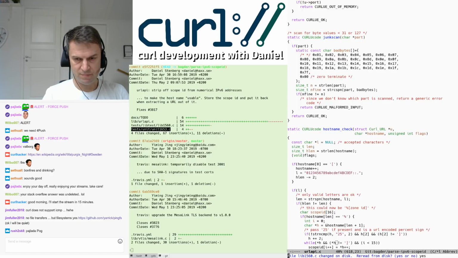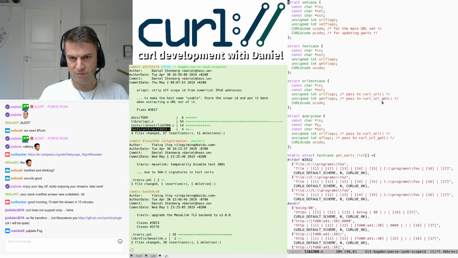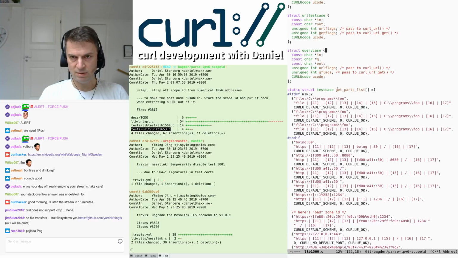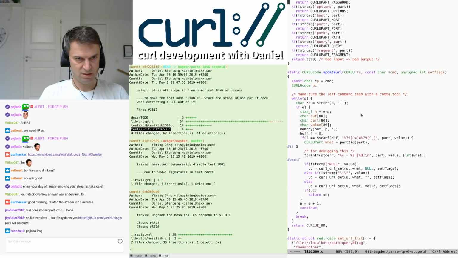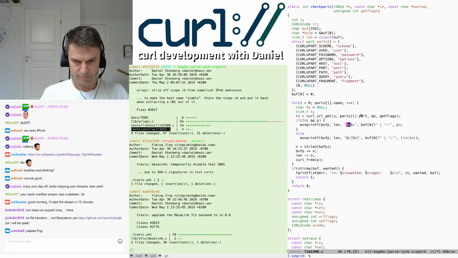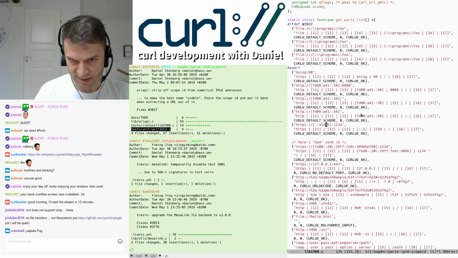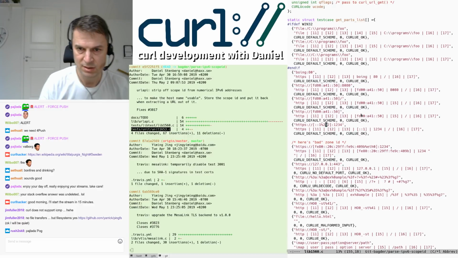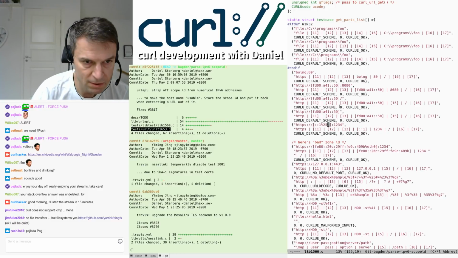It's a pretty advanced test case because it has a bunch of different sets of tests within this file. It has a parts list which tells curl to parse a URL and extracts all the different parts that curl supports to extract, and it has different lists for different kinds of tests. So I can just see that, yeah, I did. There's a test. This is a Windows, an example of